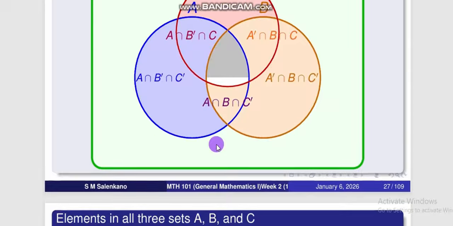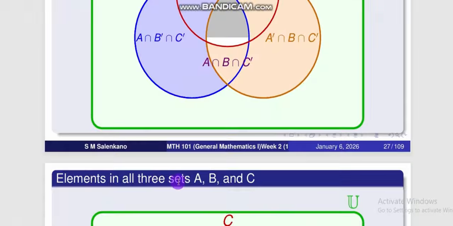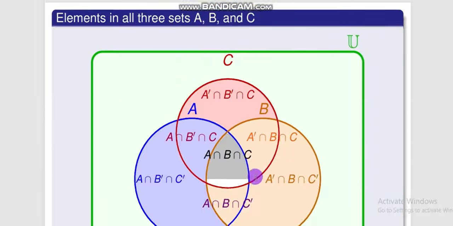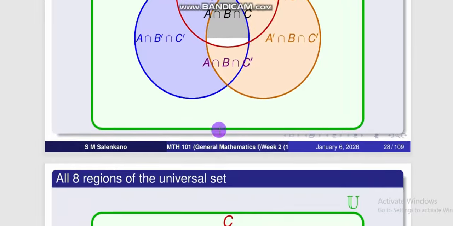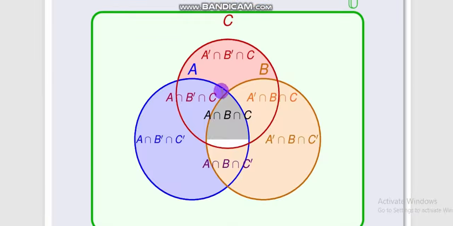Then the next one is elements in all 3 sets, A, B and C. Now this will be the middle. You see the middle here, this region. You see, this region is in B, is in A and is also in C, all of them together, right? Finally, we are going to see where we write elements that are not in A, not in B,